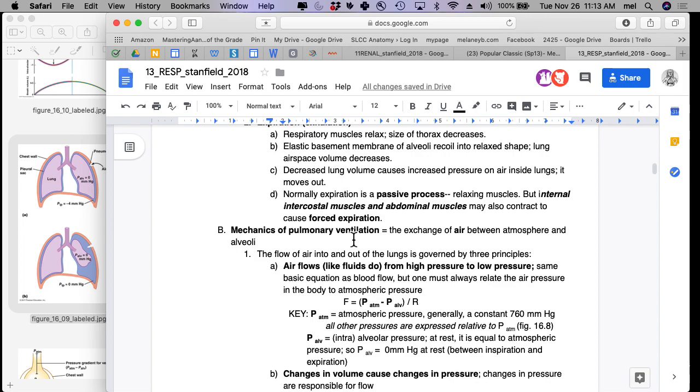But forced exhalation does not happen with normal tidal breathing. Normal tidal breathing is just active inspiration, passive expiration. Does that make sense? Got it? Okay,